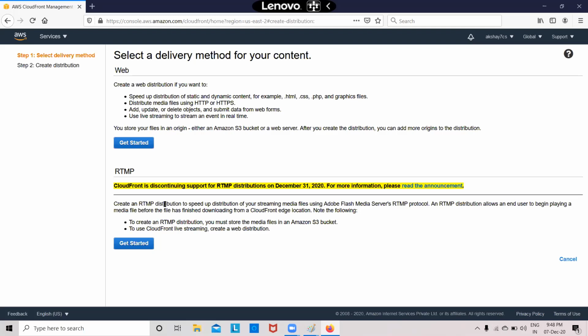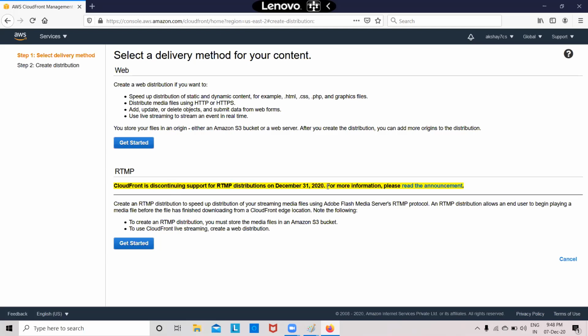If we have something which is streaming, Adobe Flash Media Server used to provide support to AWS, but you see here they have highlighted something here: CloudFront is discontinuing support for RTMP